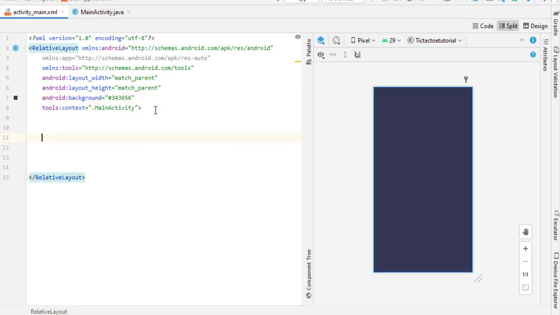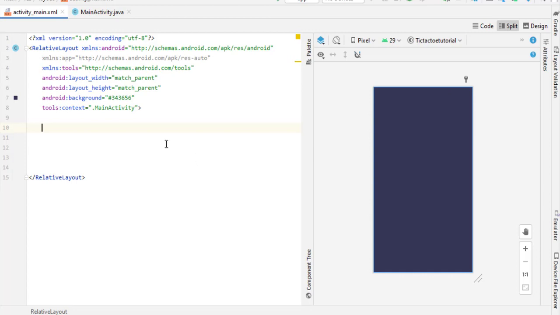Now let's start writing the main code. So first of all, you have to understand how we can create the logic for our design. We have to create a board where the user can play, and also we have to use an image view to show the icon. If the user clicks on any place, then we have to show X or O. You may or may not understand. So when I run the game, you will see when I click on any item, it shows X, and if I click somewhere else, it shows O. So these are image views.